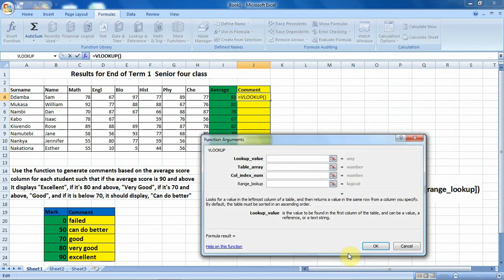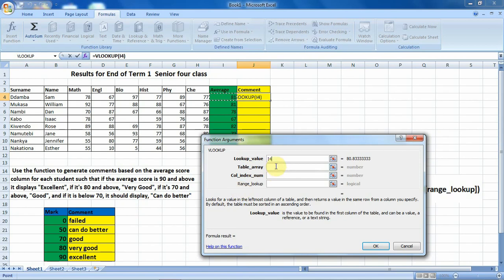After we press Enter, here it is, and we click on OK. So when we click on OK, we have this dialog box, and it shows we are working with VLOOKUP. From this dialog box, we can see we have this field where we can insert our lookup value. Our lookup value is this first cell under average. So we click on it, and it gets displayed. Next is to insert our table array.